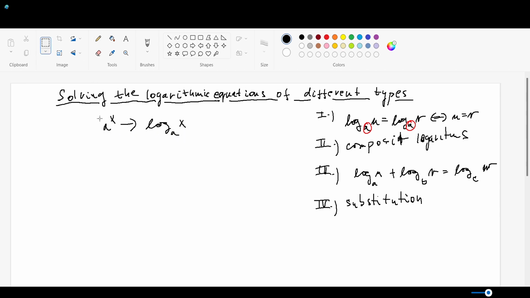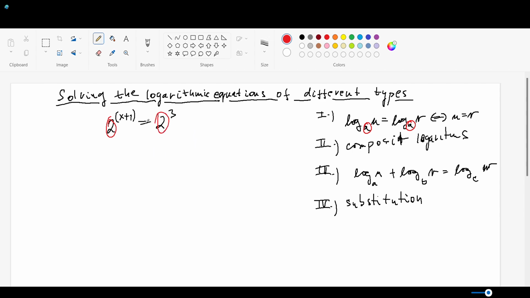We already know that to solve an exponential equation, a common task is, for example, solving something like 2 to the power of x plus 1 is equal to 2 to the power of 3, and we were using the rule that if the base, which in this case is the number 2,